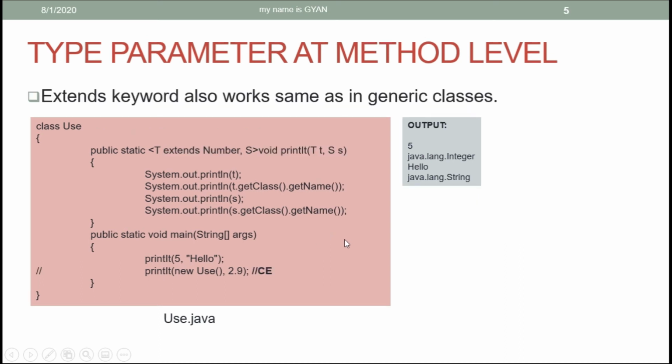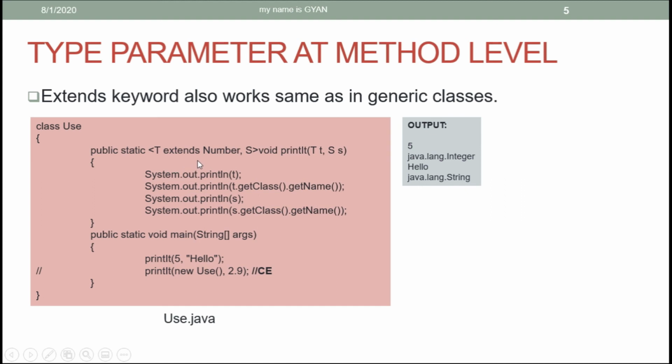Similar to the generic classes, the extends keyword also works with generic methods. So here in this case, we are bounding the type of T to Number. Therefore, for the JVM, the data type of T is either Number or a child of Number. You cannot go beyond that. You cannot consider the data type T as Object.